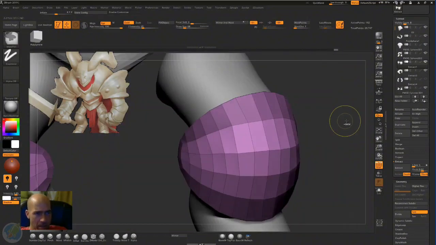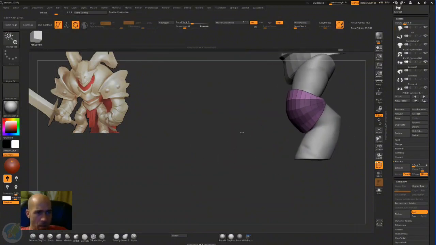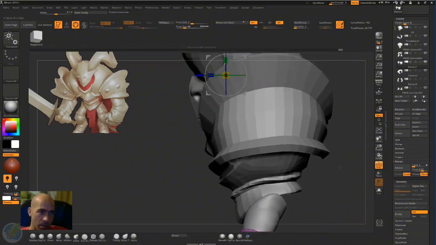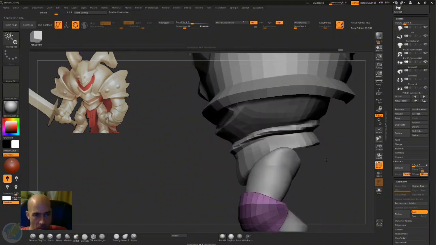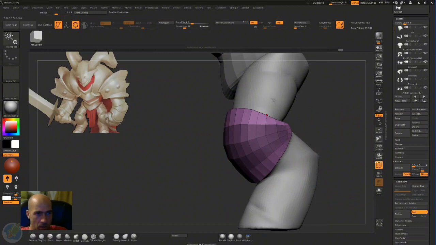So we reverse the mask, and now I will press my pivot, and I press W, and my pivot is not here. So if you press W and your pivot is not here, it's someplace else. Yeah, it's there. But if you cannot see the pivot now and you need it to be here, you just alt click somewhere on the model. Even here we can, no, it's not that. So alt click on the subtool, yeah, and then the pivot will appear, but you have to adjust it because